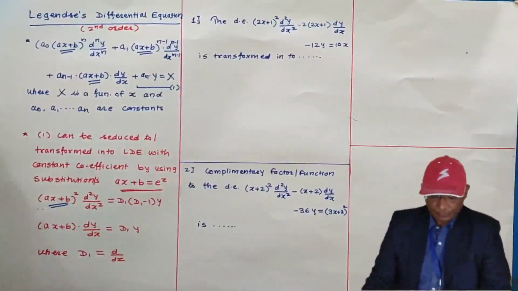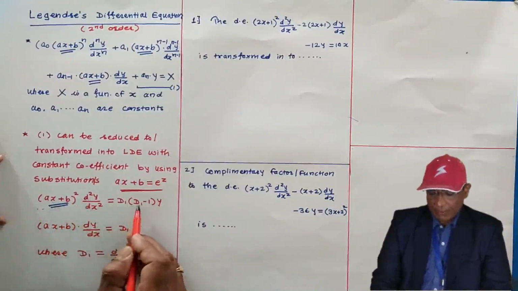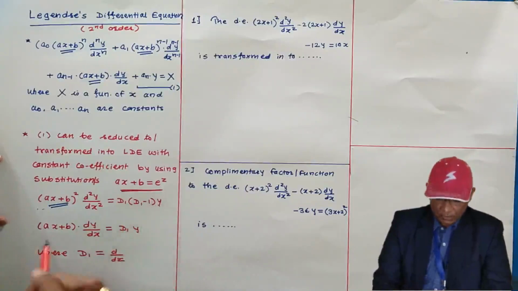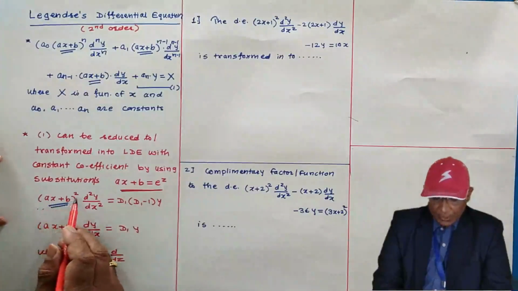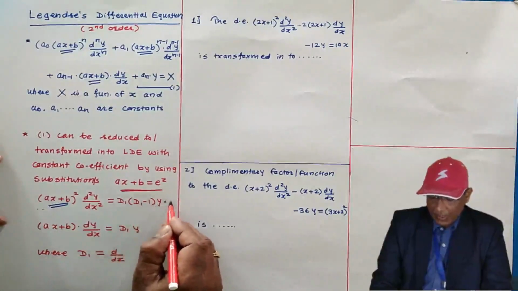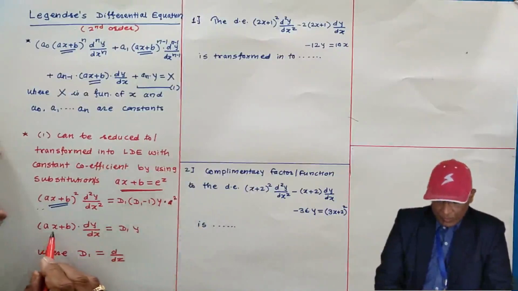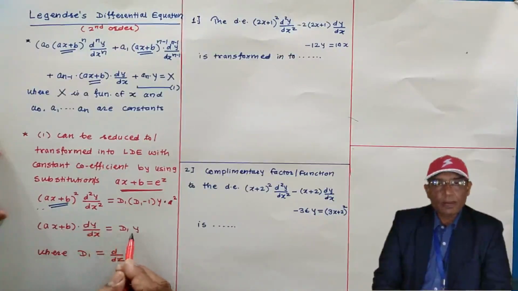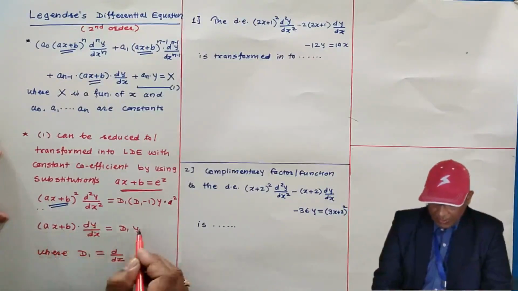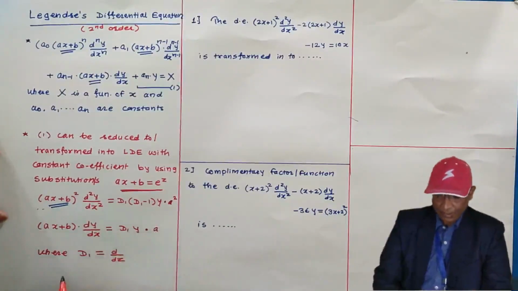Okay. Now, here, x square d2y by dx square is d1 minus 1 y. Okay, it happened in Cauchy's. But in Legendre's, the difference I tell you, ax plus b square d2y by dx square is d1 minus 1 y multiplied by a raised to power 2. This is important. x dy by dx is d1 y in Cauchy's differential equation. Here in Legendre's equation, ax plus b dy by dx is replaced by d1 y into a. Like this.